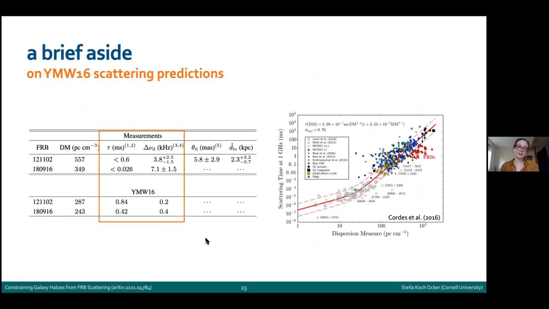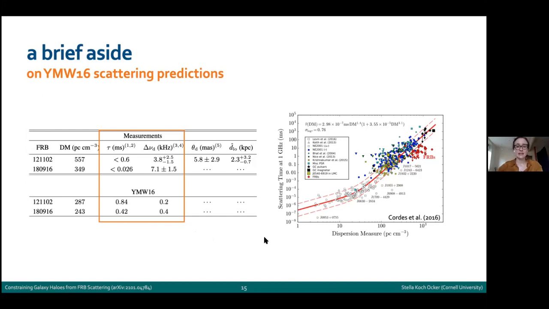Okay, so we also look at the scattering predictions from YMW16, another galactic electron density model. And in both of these cases, it turns out that YMW16 drastically overpredicts the scattering of these FRBs. And it does this for a number of other FRBs as well. And in the paper, we go into a somewhat in-depth discussion of how much YMW16 overpredicts extragalactic scattering and why. And so here I'll just give you a kind of broad brush overview of the main reasons. So the first,